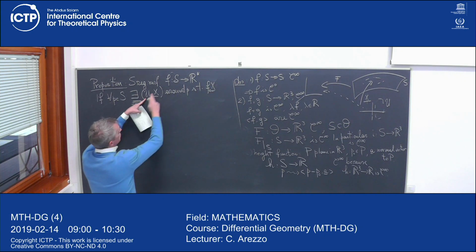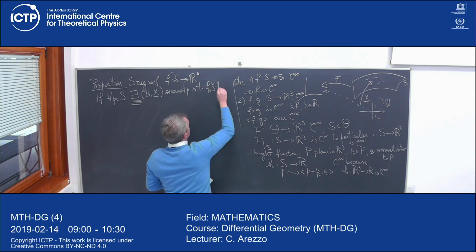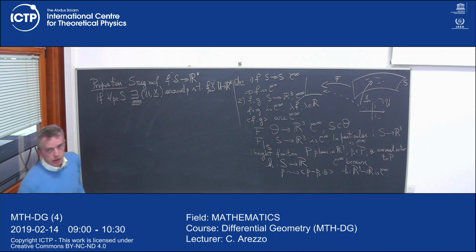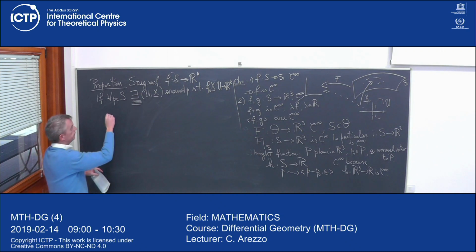It goes from U to Rk. If there exists a chart such that this is smooth,